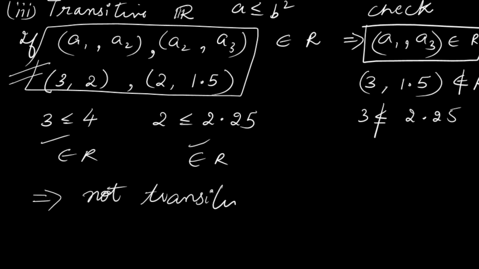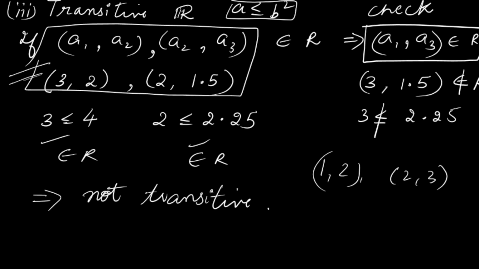So this type of question, we have to do with the help of counter examples, the opposite examples. See, don't take very simple numbers, because if you are taking 1, 2 and 2, 3, definitely you will be able to prove that this result is true. So we have to think about those numbers, because the relation should be true for all the real numbers. So we have to think of some different types of real numbers.